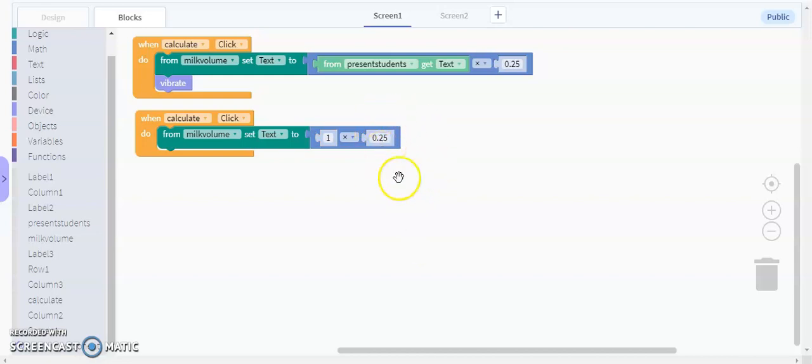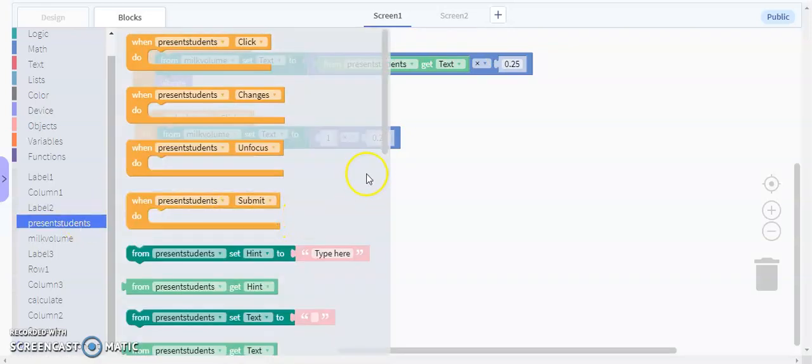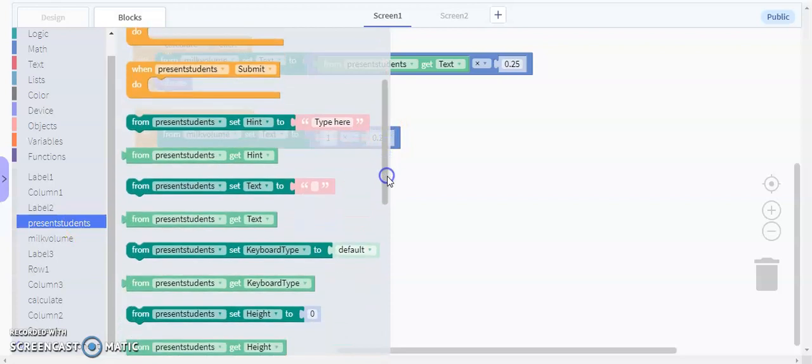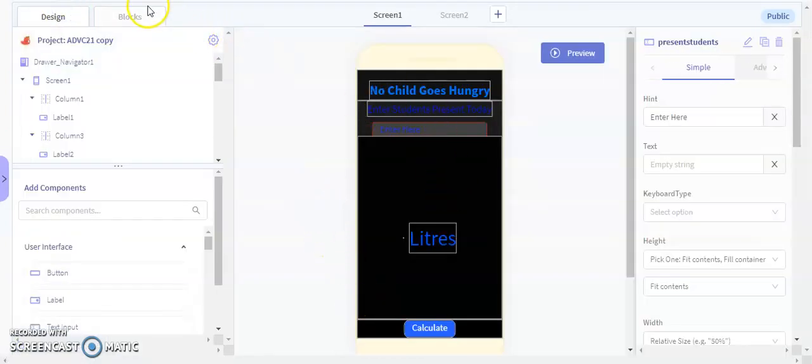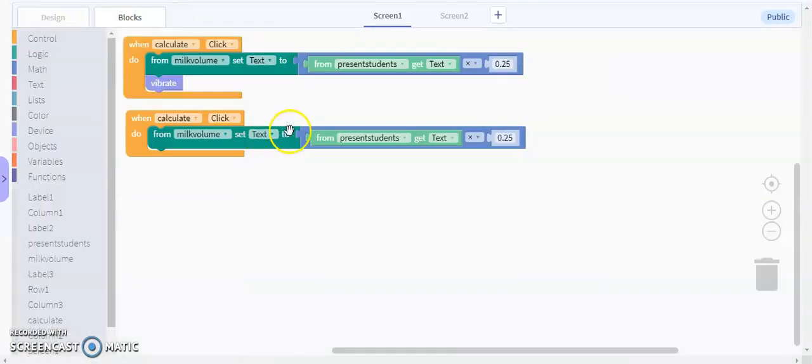It automatically shows 0.25, and again we can't delete it. Then we go to present students, and from present students get text. This label's name is present students. So if they have put 5, from present students get text. If the text is 2, then 2 multiplied by 0.25.